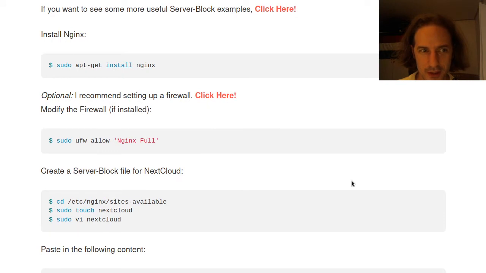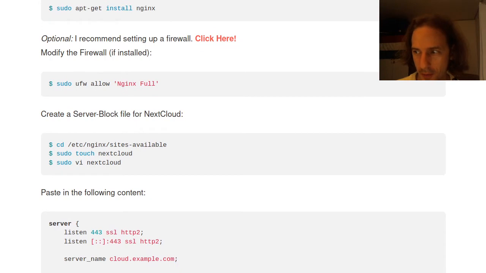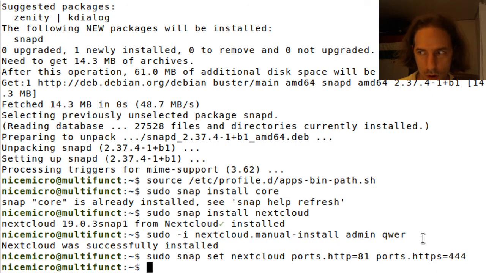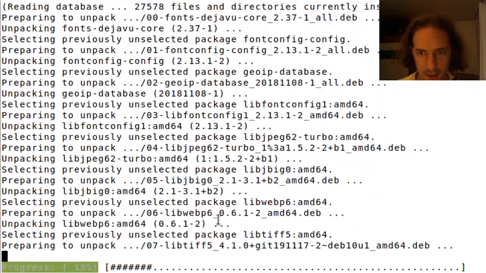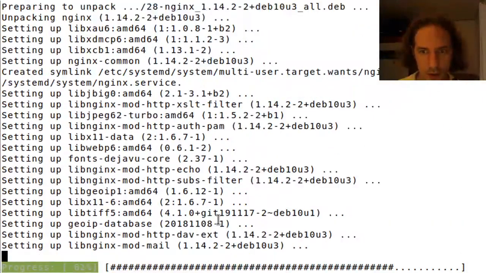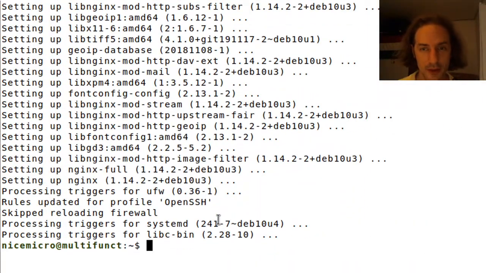Basically, we will just install Nginx with the apt install command, and we will have to allow it through our firewall. So let's do sudo apt install nginx, and yes, we want to install it. Nginx will be our program that will be listening on port 80 and port 443, so we will have to allow it through our firewall, so other computers can access it through the network, which is something we want on